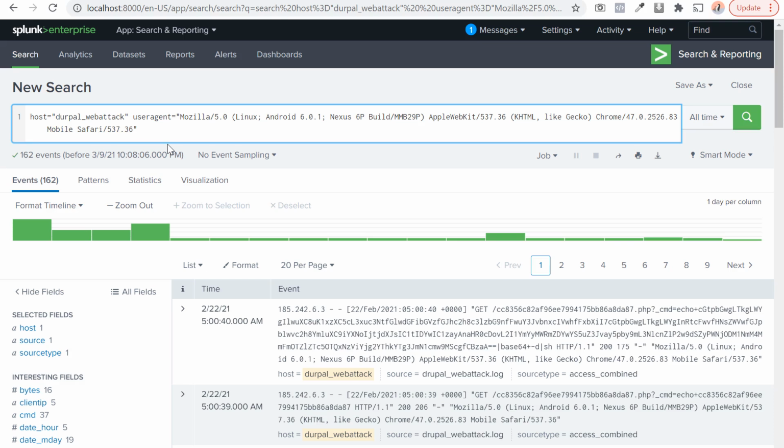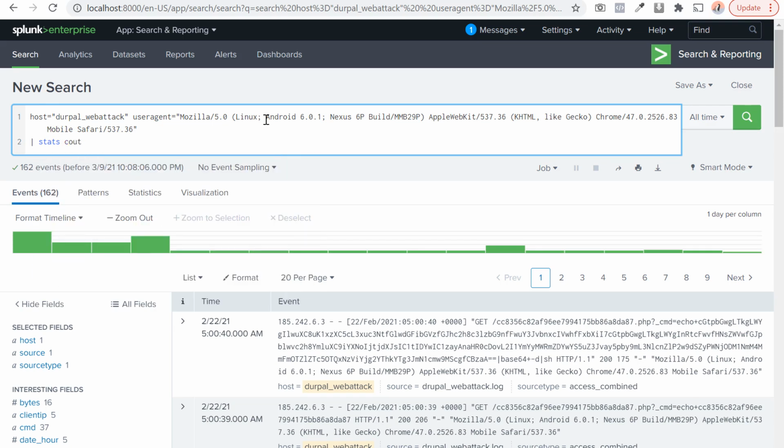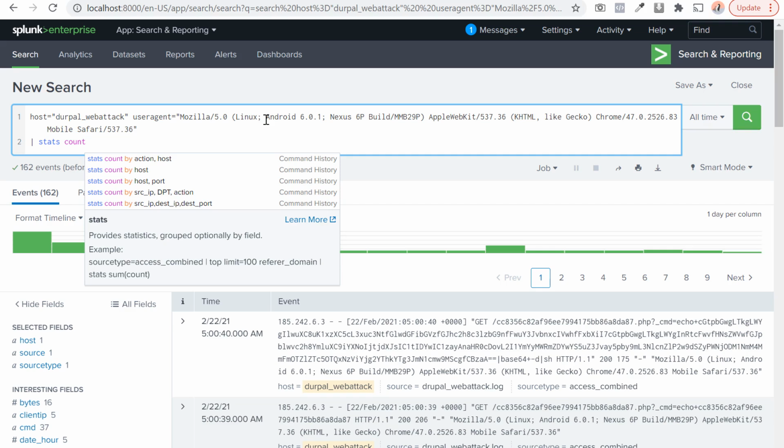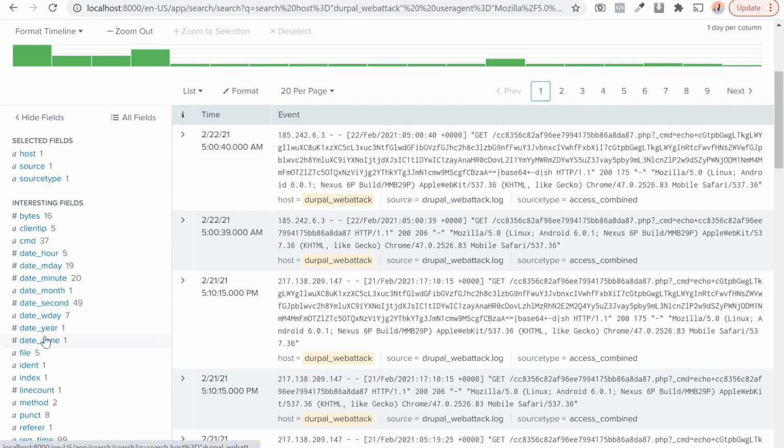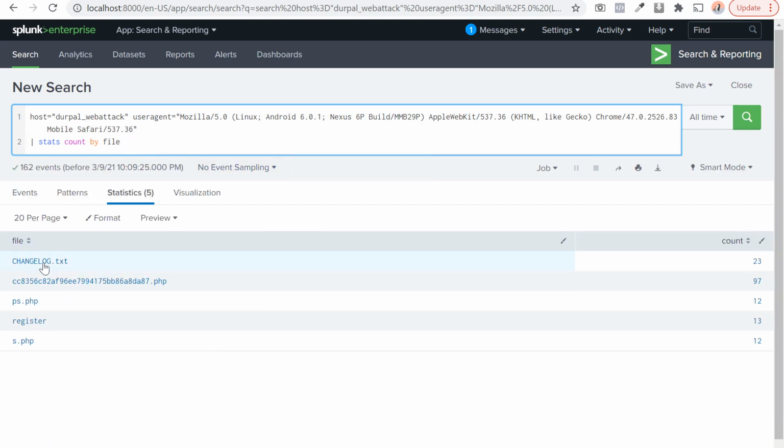we can see what all the pages have been requested using this user agent. We can go here and then say stats count. So, how many times. The stats command is basically showing you a table of statistics, and we want to see the number of times each URL has been used. We don't really care about the count as much as we care about the number of pages that have been accessed by this user agent. So we can say count by, and then we look for file. So count by file. We will see all the files that have been requested